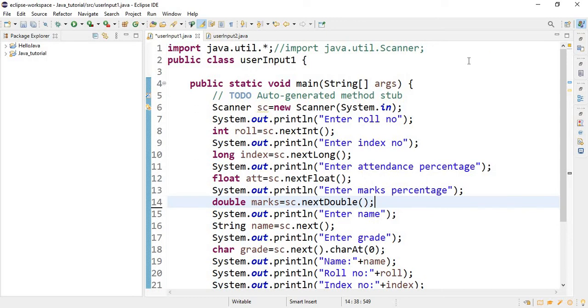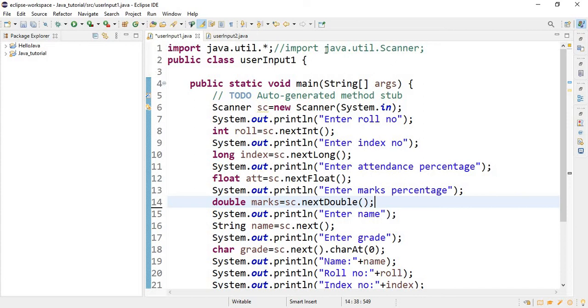Our Java Development Kit, that is JDK, contains a Java class library which has various useful packages for our different operations. So, if we need to use the different functionalities predefined in these packages, then we will need to import these packages in our program by using the import keyword.